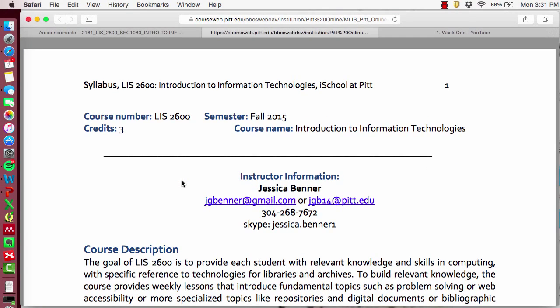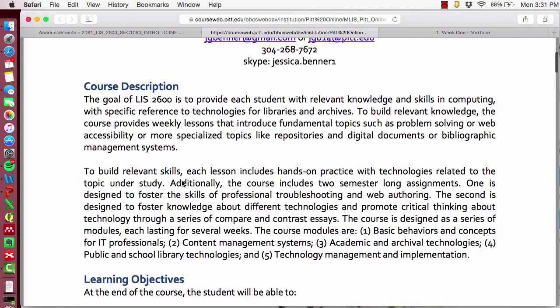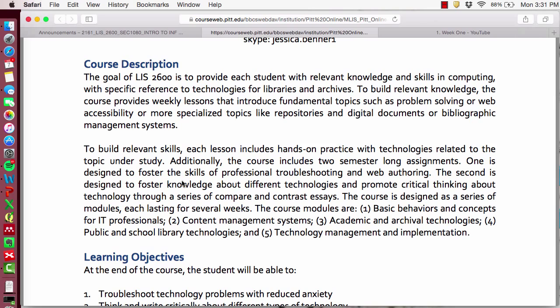Hopefully all of you have had a chance to look over the syllabus at this point, so I'm just going to cover a few key items. First, the purpose of the course is to introduce you to information technologies that are relevant to libraries and archives. The course includes 2 semester-long assignments, one designed to foster the skills of professional troubleshooting and web authoring, and the